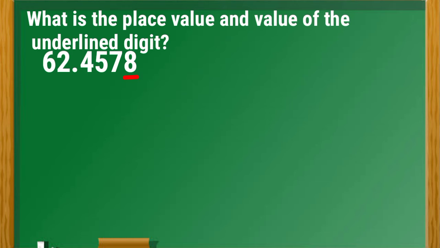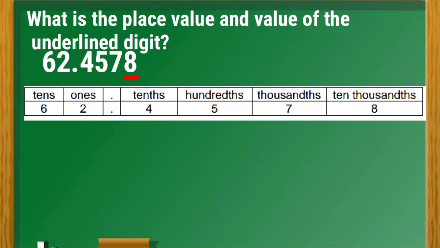So we will use the place value chart in order for us to know the place value of digit 8. As you can see here, there are 2 digits to the left of the decimal point. And remember that the number to the left of the decimal point is a whole number. So that is